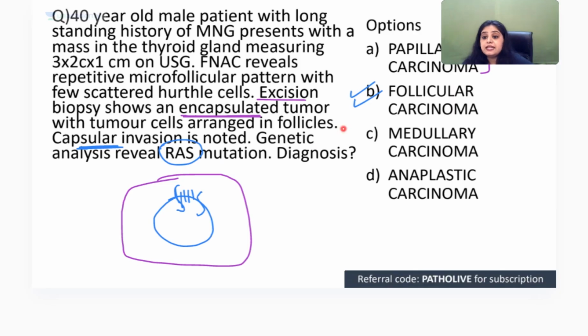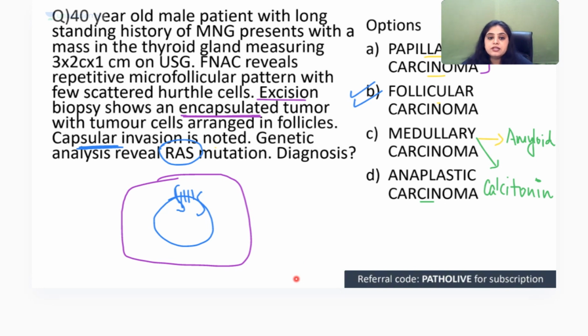Coming back to the question, I'll tell you catch points. Papillary's catch points everybody knows, Orphan Annie will be mentioned. Follicular is what you've read over here. Medullary would have had association with what material? Medullary would have had association with amyloid, and any tumor marker that they would have mentioned for medullary, they would have mentioned calcitonin. That was also not mentioned here. Anaplastic is something which doesn't fit into any of these, the worst tumor. So that doesn't have any catch points, but it's the worst tumor that we have in the thyroid.